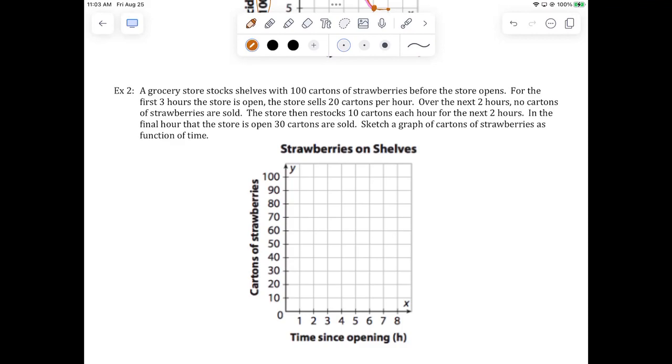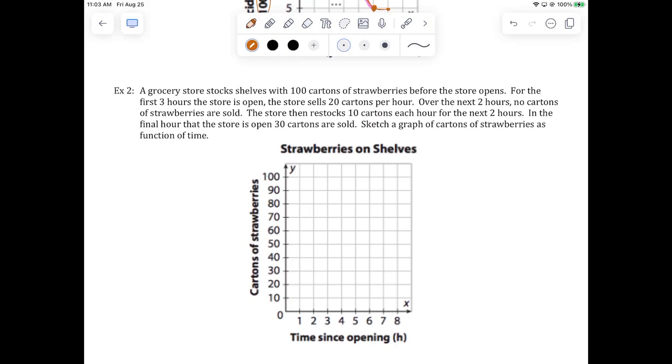Oh, man. That was a bad couple of hours for strawberries, right? And then the store restocks 10 cartons every hour for the next 2 hours. In the final hour that the store is open, 30 cartons are sold. Sketch a graph of the number of cartons of strawberries that are on the shelf at any given time from